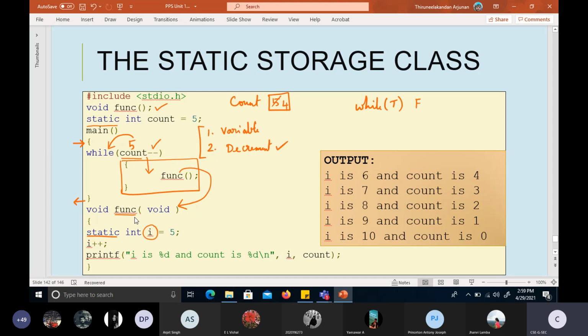Now i is assigned the value 5 and then in the next instruction we are incrementing that 5. As a result, the i value will now be 6. Now in the printf statement, in the place of the first %d, the variable i will get printed, that is 6 will get printed. And count, what is the value of count when we are calling this function? Look at this box, count is 4 and that gets printed in this second %d.